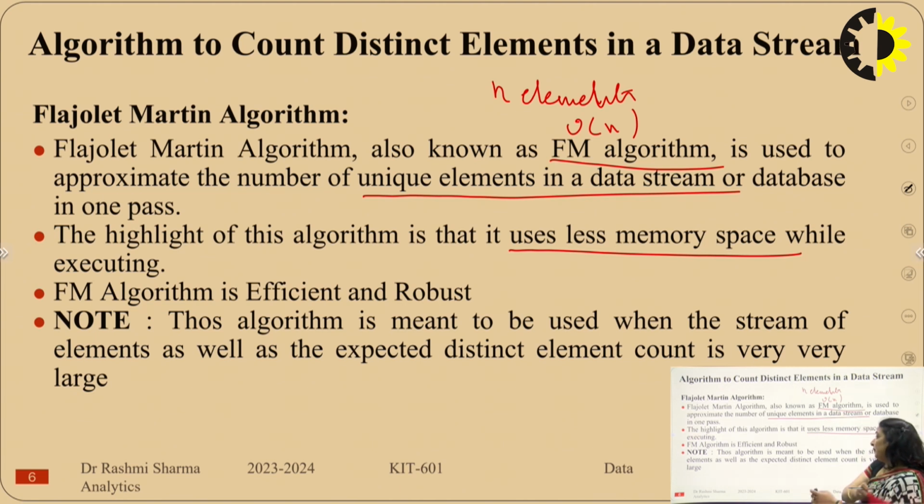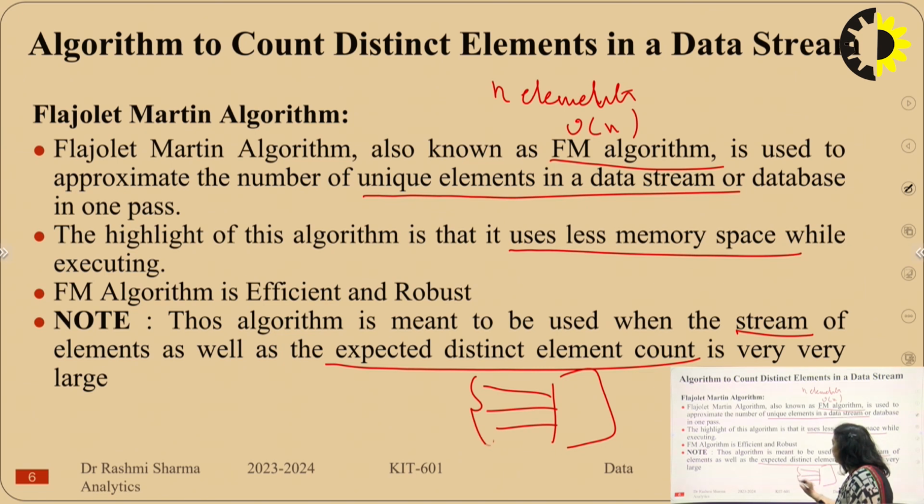So note that this algorithm is meant to be used when the stream elements as well as the expected distinct elements are very large. As we know, we are working on a data stream which is coming continuously, for example, the match which you are seeing live streaming, those are data streams. I capture the data from 5 different cameras, 3 different mics, and I combine that data. The streaming is being done for that data, combining, processing and everything. I assume that I have 5 cameras and 3 mics whose data I am taking, and here I give you a streaming.